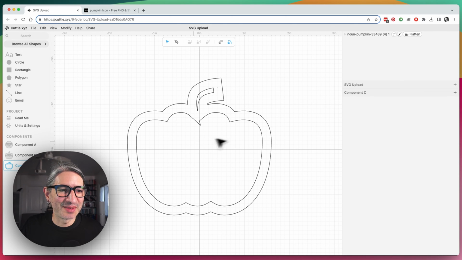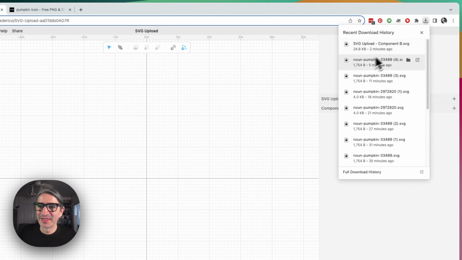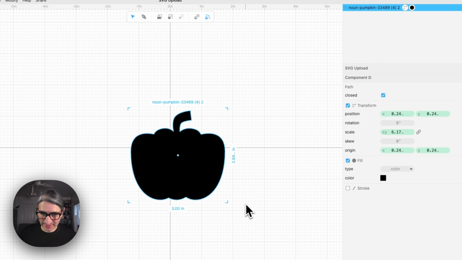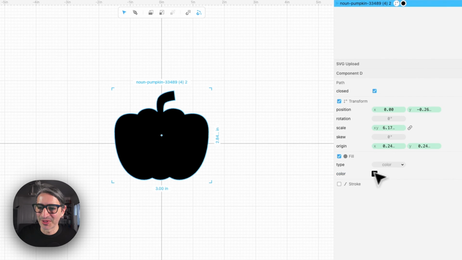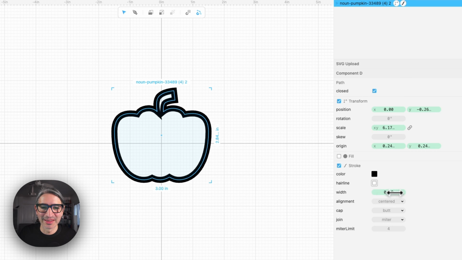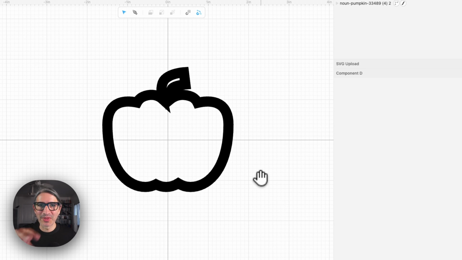Maybe let's try another example with this pumpkin. I'm going to do the same. I'm going to bring the same external file into Cuttle. I'm going to scale it. And I saw someone else asked about this particular example, so I want to go into it. So I'm going to change the fill. I'm going to change the stroke. It's not going to be a hairline. Let's make it thick again, say 1/4 inch. And I think an interesting thing to do is to add a name that gets also cut